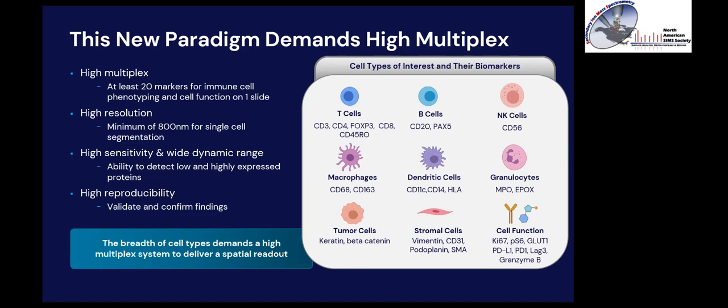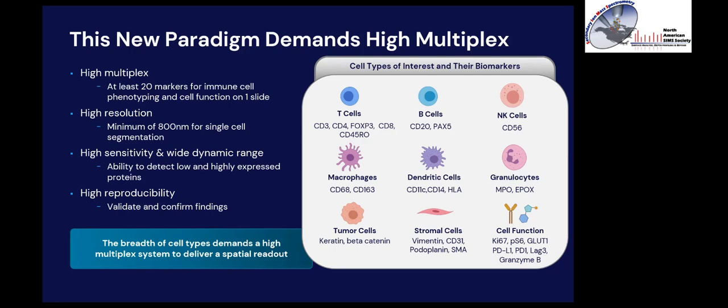We also need a high resolution. We want to see where single cells are. And so we have to have subcellular spatial resolution so that we can resolve and image individual cells within that tissue microenvironment. And so we need a minimum of 800 nanometers spatial resolution in order to segment the